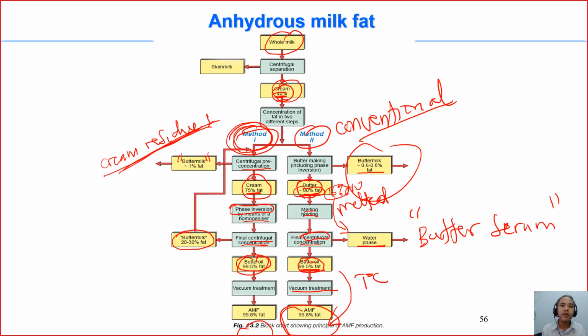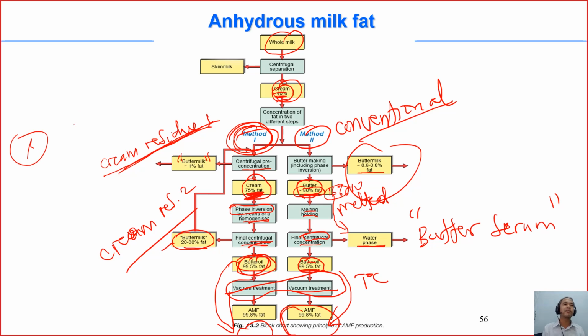And then from the cream, they do homogenization and centrifugation to separate the oil phase, and the water phase is removed here as a byproduct, which they can name cream residue 2, something like that. So if you hear about residue 1, residue 2, then it would be like this. And from butter oil to AMF, they just apply the same. Now we have an important question here.